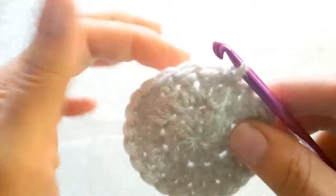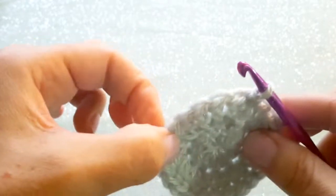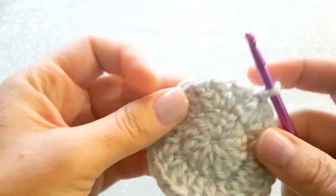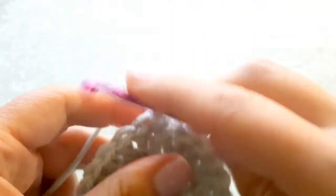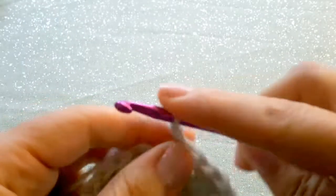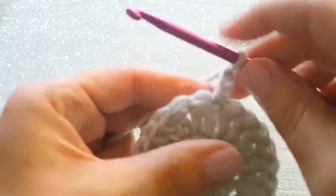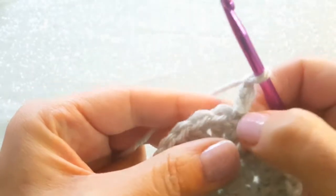Okay, and the reason why we do this is because then when we build our diamond shape, we still need to have access to these stitches, and if we stitch into the whole thing, it gives us a heck of a time trying to work into that. Okay, so let's begin our first ear. So we will chain 3, 1, 2, 3. Once you've chained 3, we're going to do 2 more double crochets into the base of this